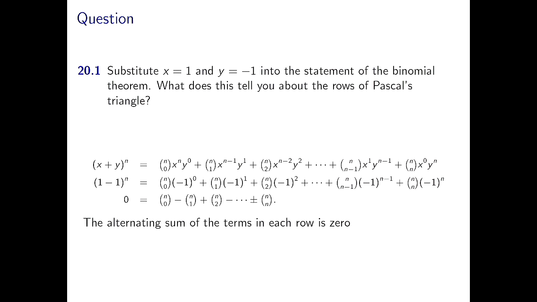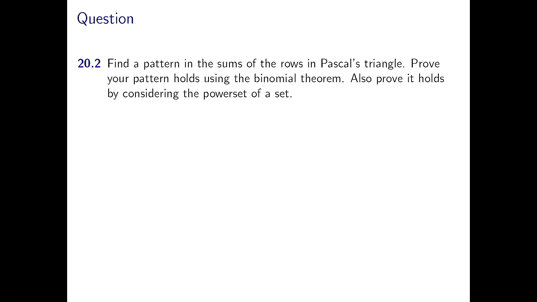There is one important caveat to this. (1 - 1)^n is 0 for any n except n equals 0, right? Because 0^0 is technically 1, and that's why the very first row here adds to 1, right? This pattern doesn't hold for the first row of Pascal's triangle because it is just a 1, right? But everything else, you do the alternating sum, you get 0.